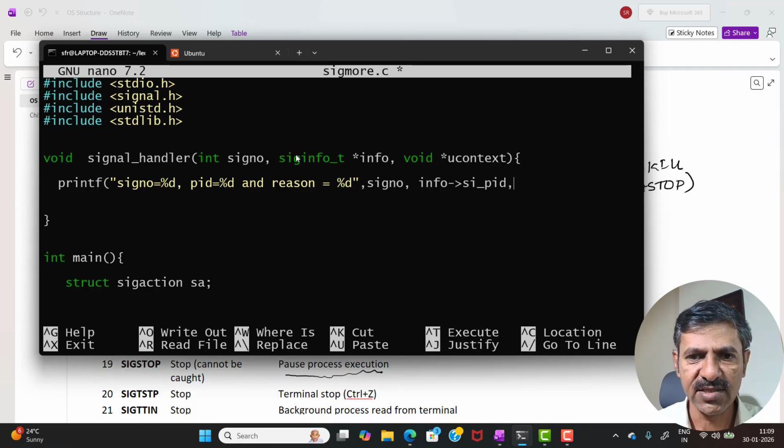This is a member of the structure variable, and then info si_